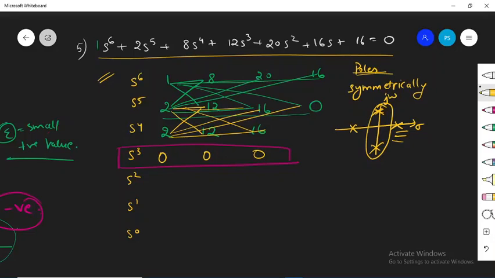So the method for that is, whichever row is becoming equal to 0, just make an auxiliary equation out of the row just above the row which is becoming equal to 0. So here, if s cube, every time you will see that only an odd coefficient or odd polynomial equation is going to become equal to 0. So just above that we have s to the power 4. This is the row. So just form an auxiliary equation from this row.